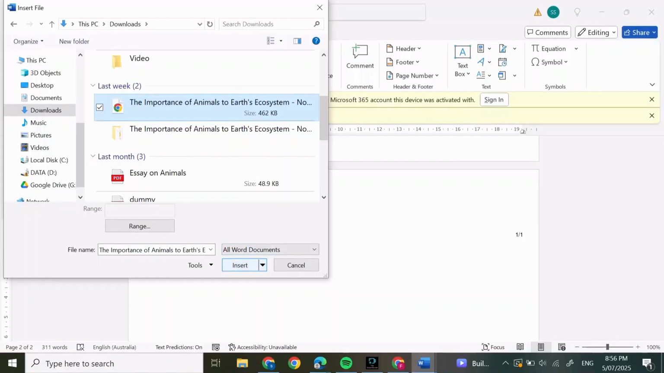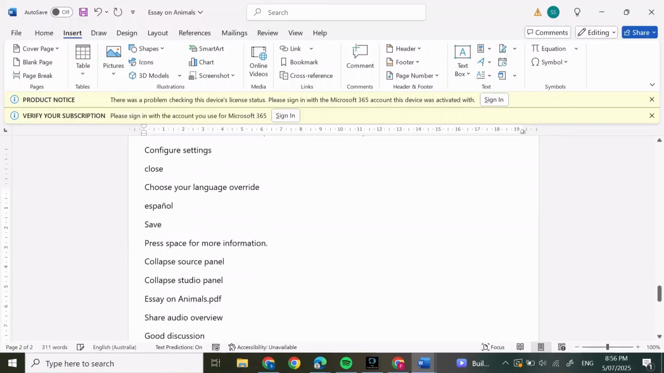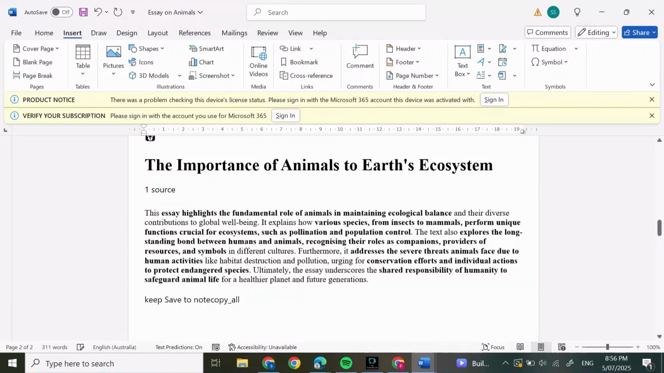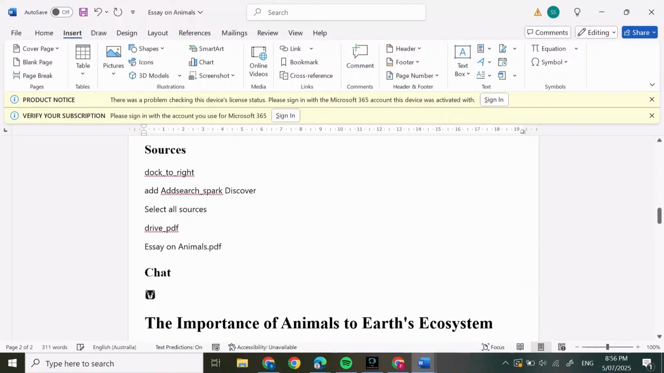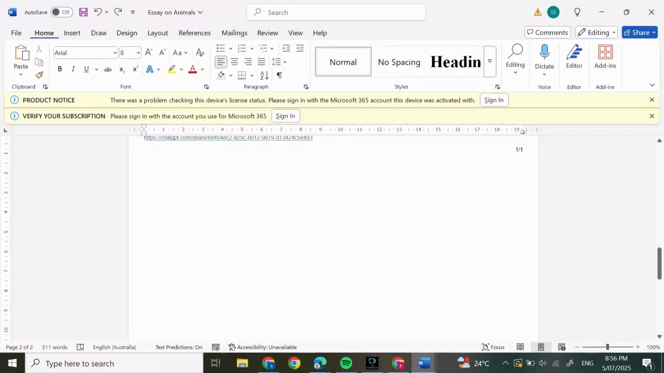After that, all your folders will pop up. Simply select the one and press Insert, and it will be inserted as you can see. But if you want to add the same header or footer in the existing file, what you need to do is